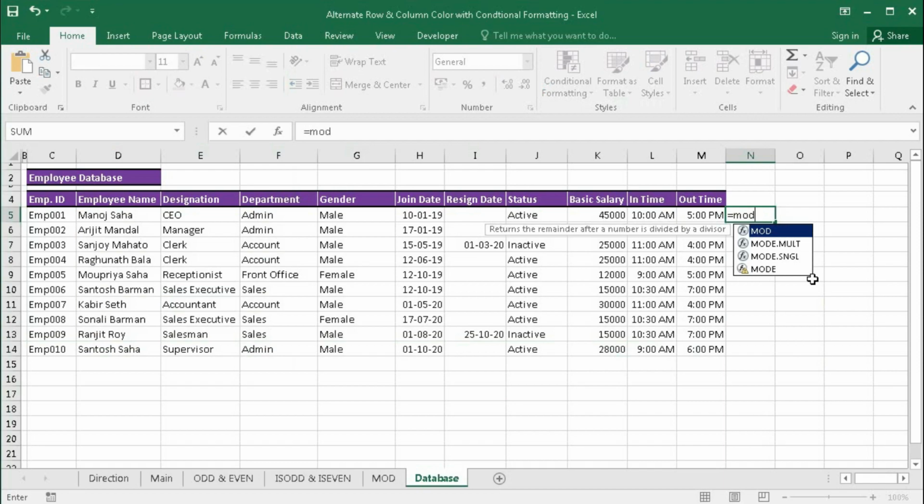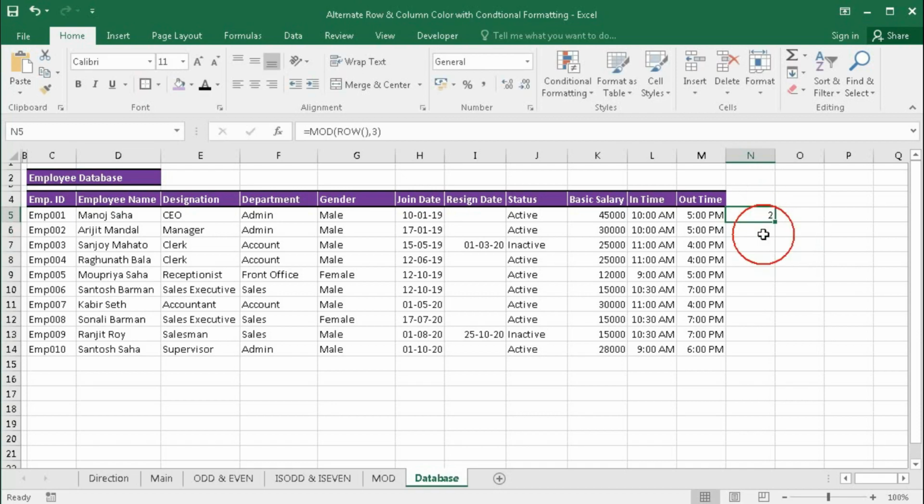Equal to MOD, bracket open, ROW, comma, divided by 3, bracket close, enter. We got 2 remainder here, here it is 0 remainder, here it is 1 remainder. So this one is true and these two are false.